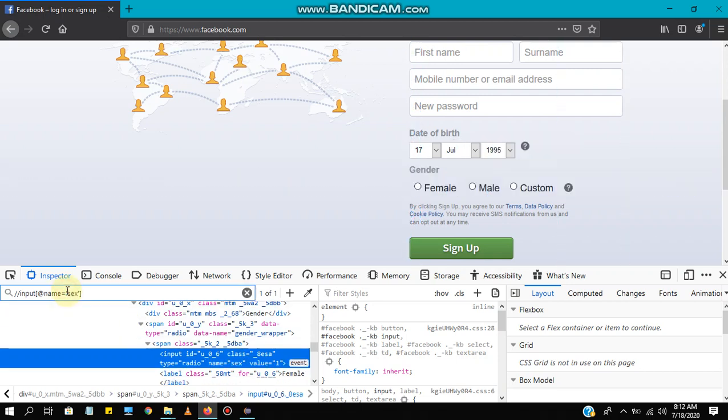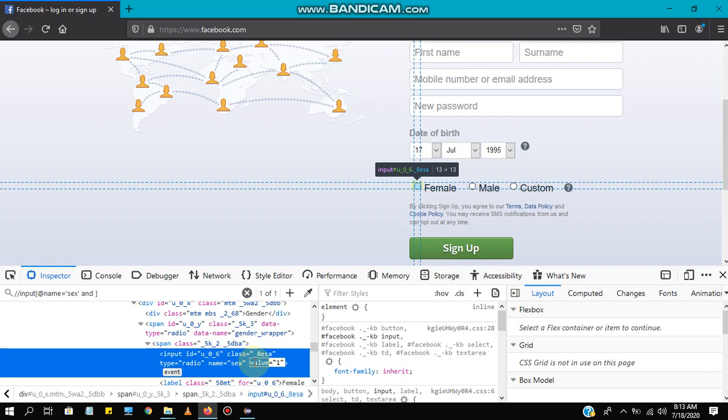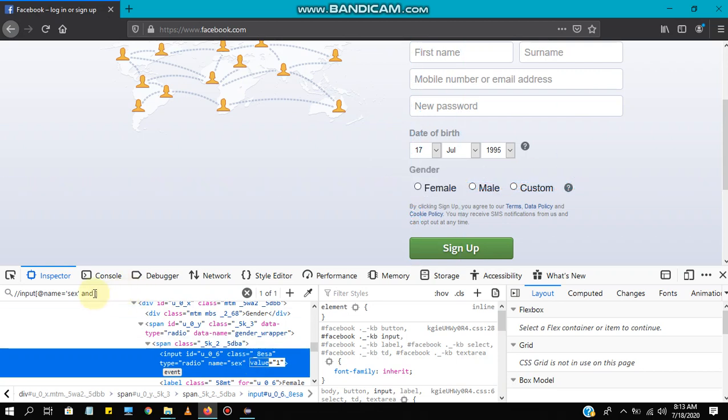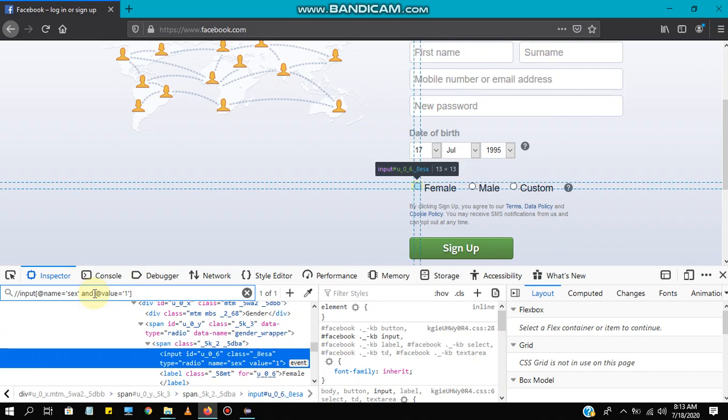If you want to check another attribute as well, you can use the value attribute as well. Value equals 1. Just hit the enter key and see whether you captured it correctly or not.